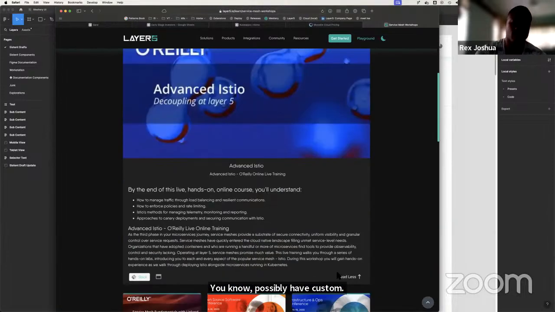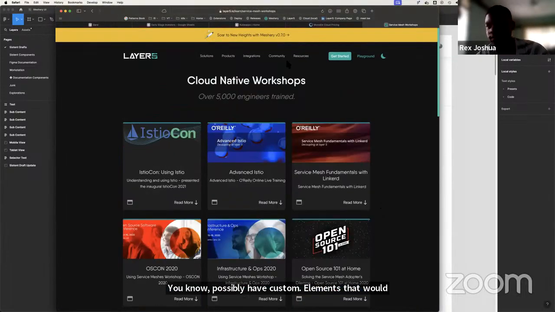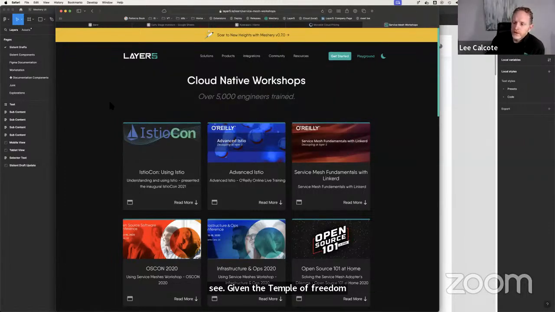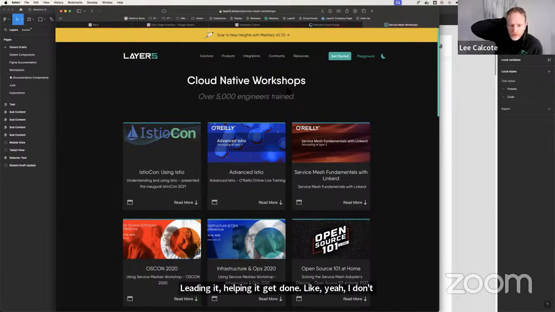So I guess we'll just have to try it out and see, given the time constraints. Or rather, given the ability for anyone to actually implement it. Right? I mean, yeah, we want to get it up, and people here are volunteering, but not capable of getting it done. No one's really driving the project, leading it, helping it get done. Yeah, I don't know. I don't view us as necessarily having a choice at the moment. Yeah, it could grow into its own site.